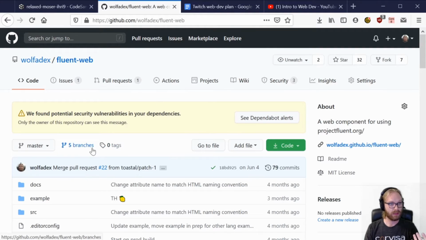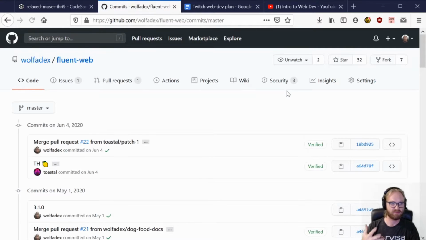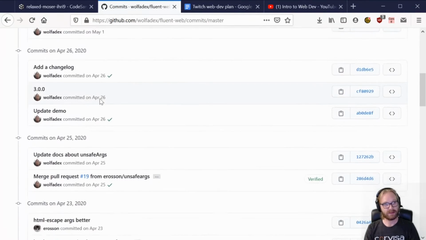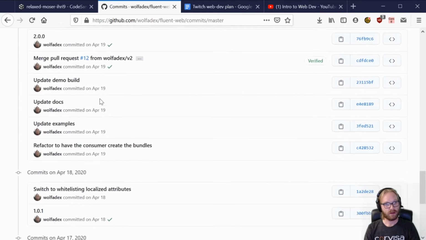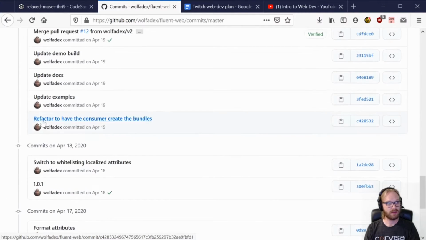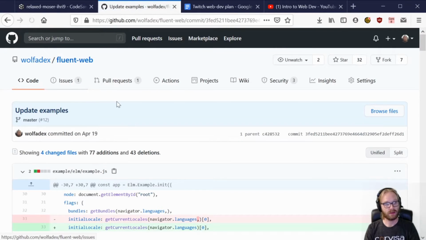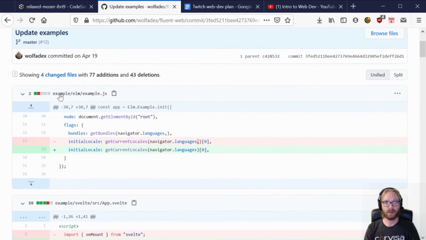we can come in here and we'll look. I have 79 commits. Commits are essentially like changes, you can think of them as. So I can scroll back and I can see all the way back. I have older, but it goes back to at least April of 2020. And then you can click on these, see update examples, and we can see what is called a